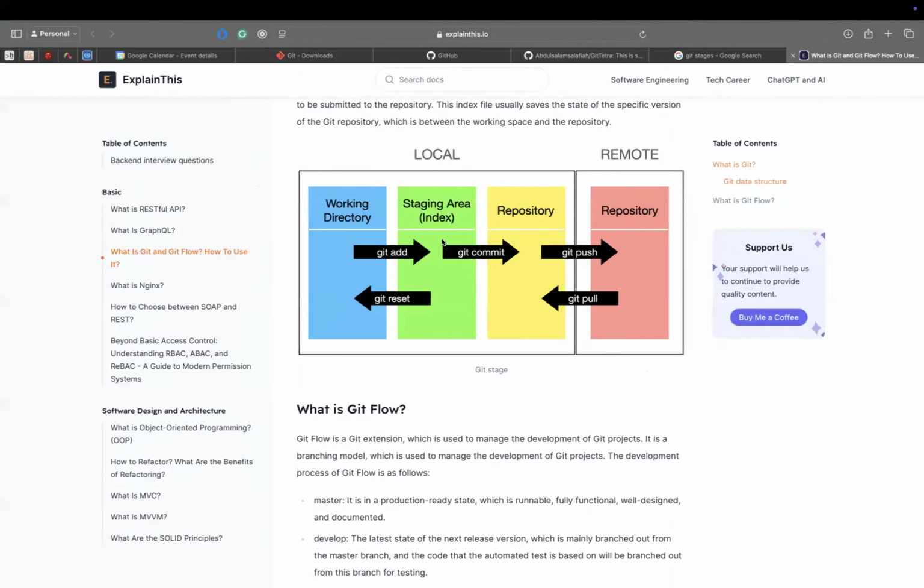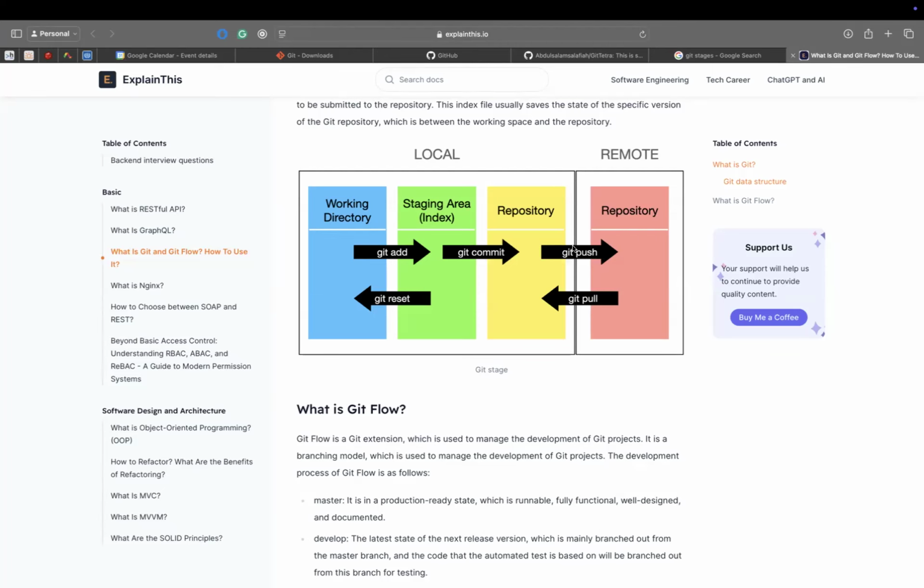Hey Abdul, you said we are pushing our changes from local to remote. And you are saying we are on working directory. Everything is local only, right? And why, inside local repository on working directory, are this many steps there? Why not go directly from working directory to remote? When you are working with